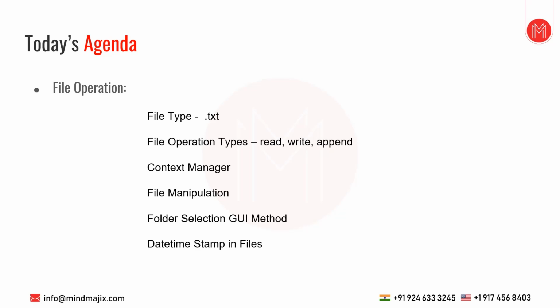And the folder selection is quite a deviation from the file operation but very important. Usually when we write any file operation, we just give the file name only. But that is not the case when you go for a project, where you may have to select a specific folder to save a file or write a file. Whenever you want to open a file, you should not give the path as static data. Dynamically you have to select the folder and select the file.